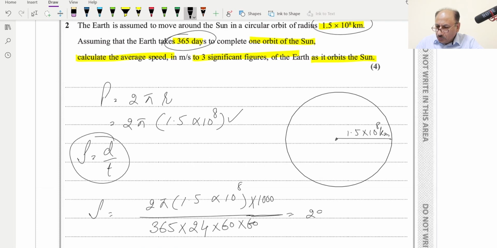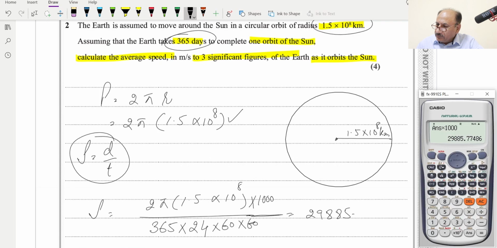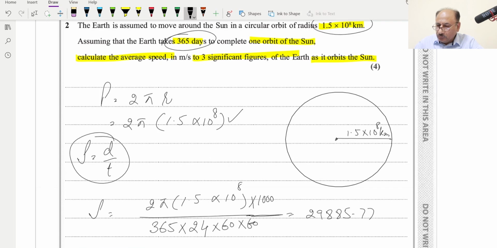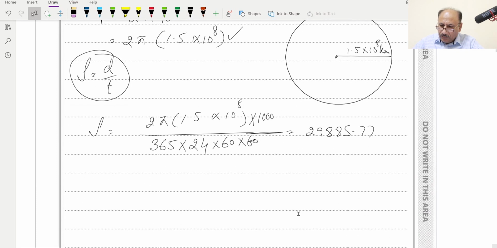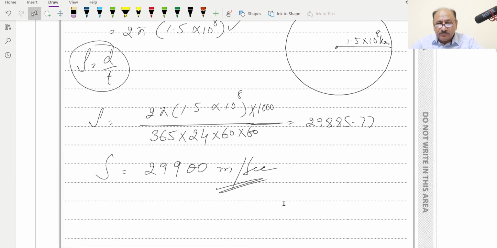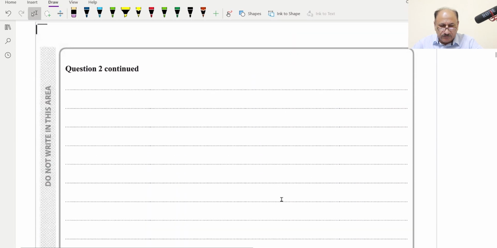29885.77. So this one, and we have to provide up to three significant figures. Answer should be up to three significant figures. So S is equal to 29900 meter per second. This will be the speed. Hopefully you understood this question. Now